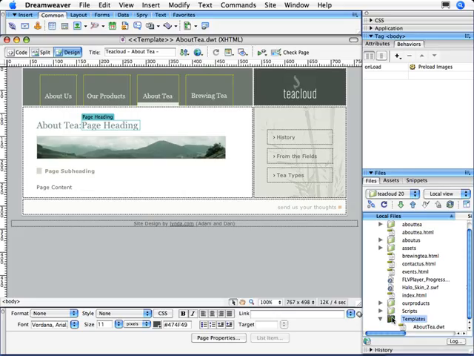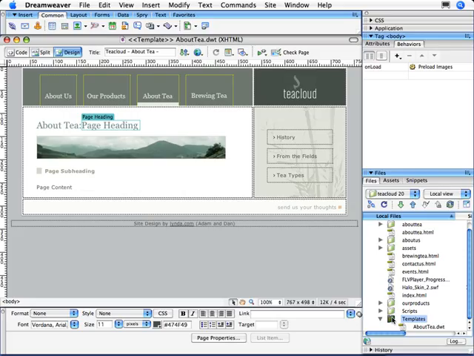Now, the key feature of templates that makes them so appealing to site designers is that you can assign editable regions. In any area or element of a template that you designate as editable, Contribute users will be able to add or edit content. Any region not specified as editable is non-editable by default, and Contribute users won't even be able to do so much as select items in those regions. Again, you saw this in action in templates in Chapter 3, where I was able to edit some sections of a template-based page, but not other sections.